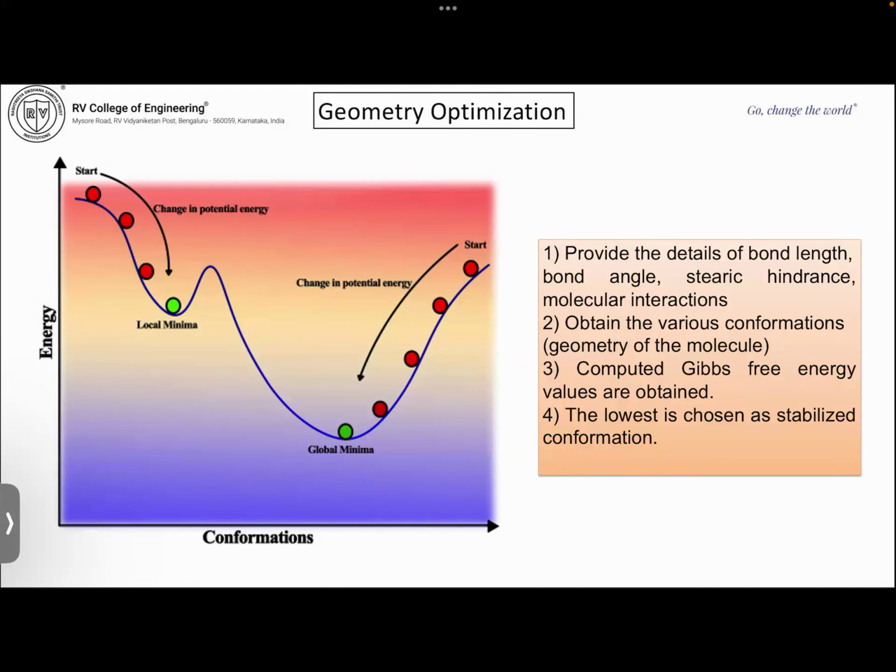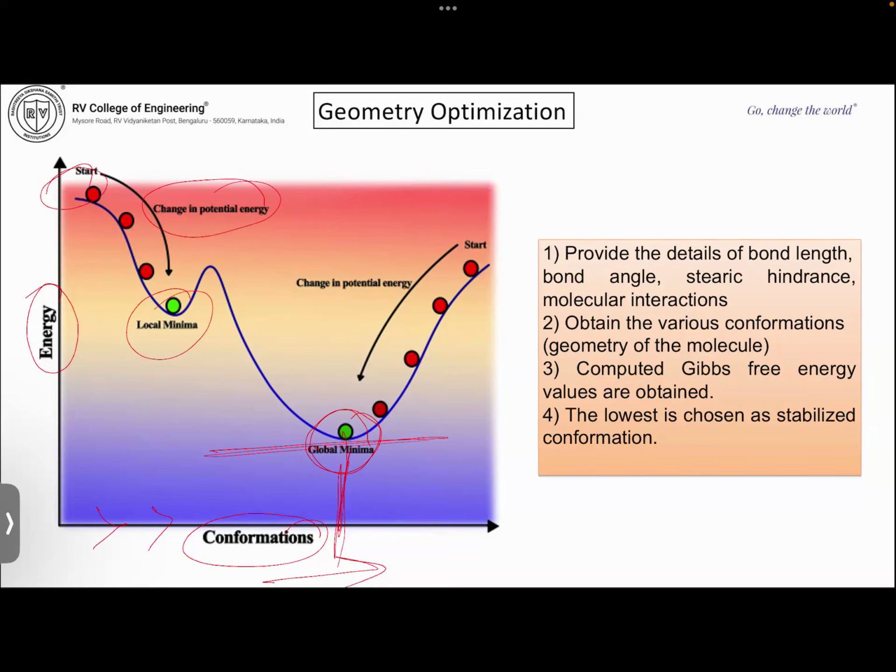You can see the graphical representation of this geometry optimization. The y-axis is the energy and the x-axis is the conformation, the three-dimensional arrangement of a molecule. During geometry optimization, initially there will be a high energy to start with. Then, on changing from one conformation to another, you can see the change in the potential energy. This is the local minimum. Then again, this is the global minimum. This is the maximum. This is the most stable structure